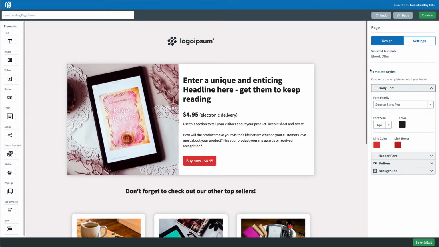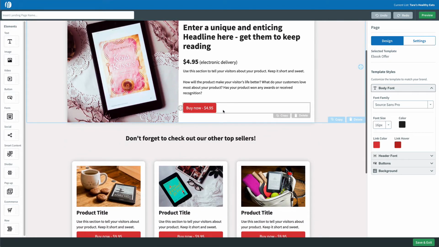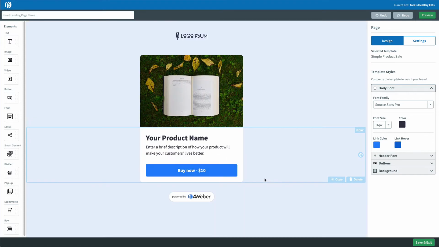If you're selling physical products, we have templates for those as well. Again, the Buy Now buttons are all built in. You'll see there's not only a section for a main one here, but 3 separate smaller ones as well. Here's a real simple one. You can just put a picture of your product, description and name, and the Buy Now button's right there.